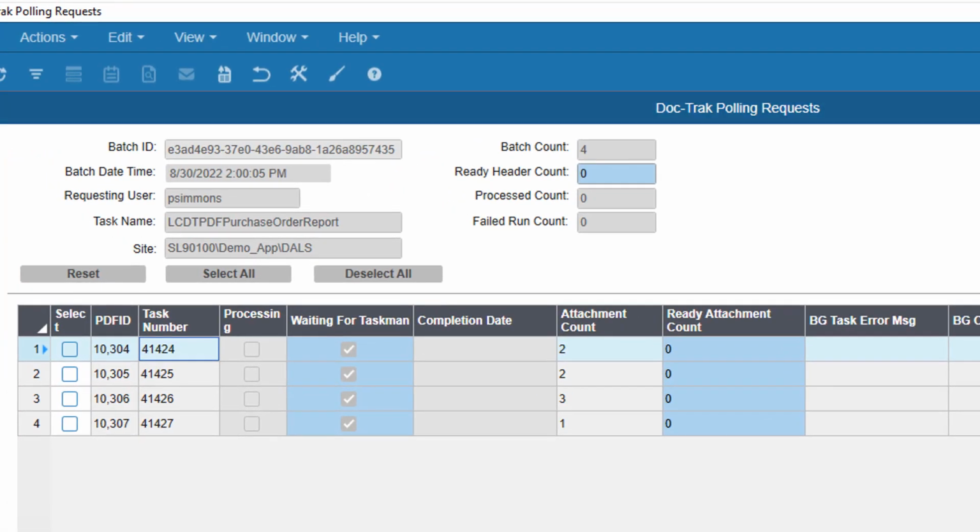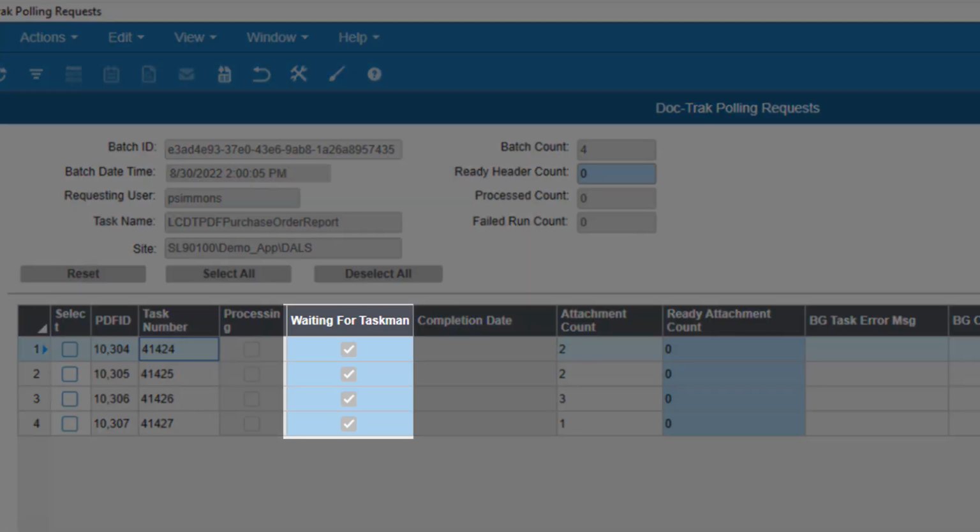After the initial SiteLine PDF is generated and all of the attachments have been converted to PDFs, processing will begin and a check will appear in this box. The next field is a reference labeled Waiting for TaskMan. When this is checked, it's indicating that DocTrack is waiting for the Infor Framework TaskMan service to finish generating the initial PDF files of the reports.